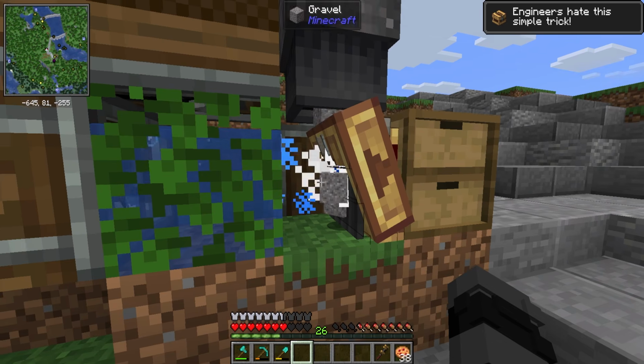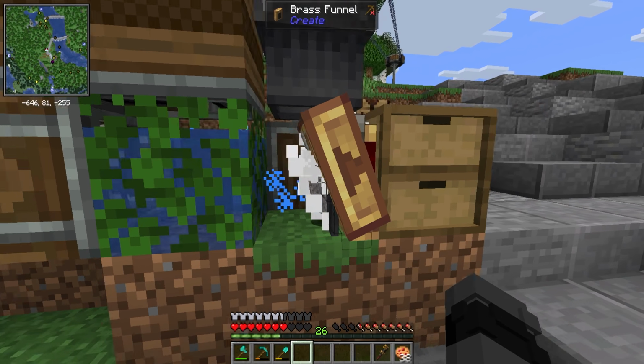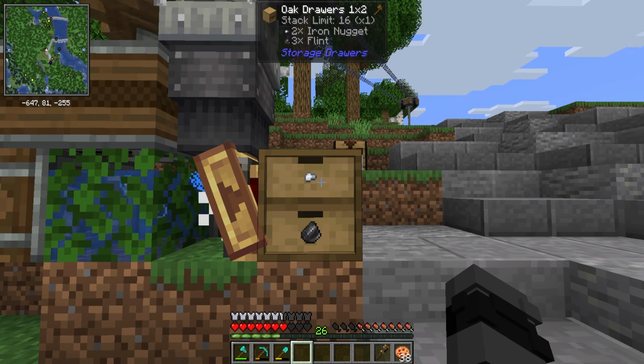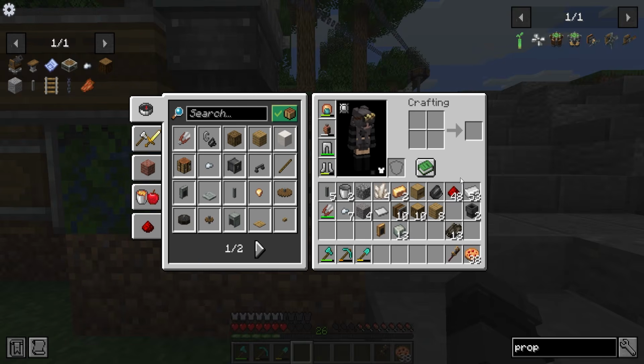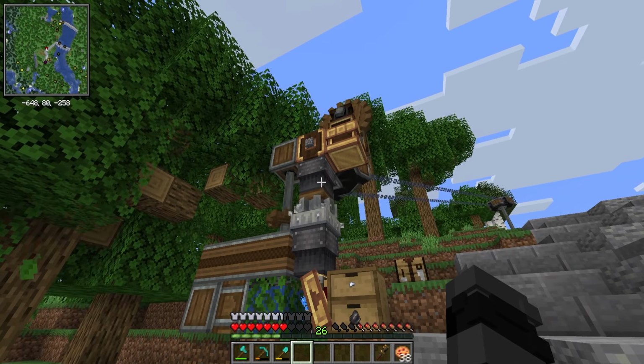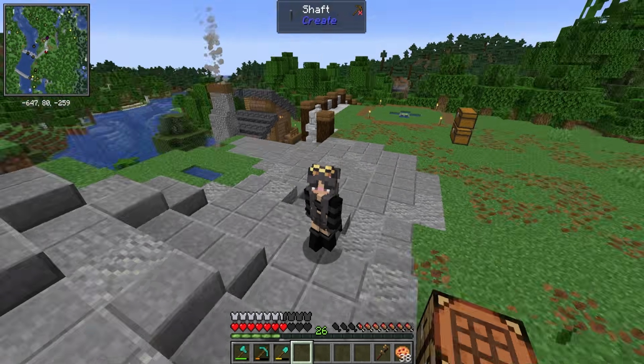Now we've got a very heavy flow of gravel heading into here, which will likely cause a bit of lag, but there we go. We've got our first iron nugget and first flint going into here. Very, very simple build to do, but yeah, we need the iron so then we can actually make vaults,